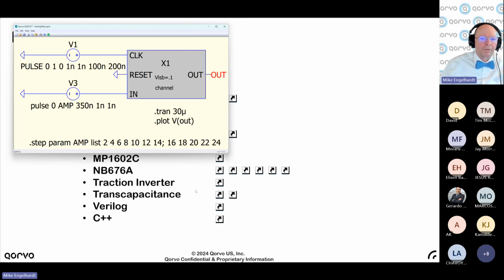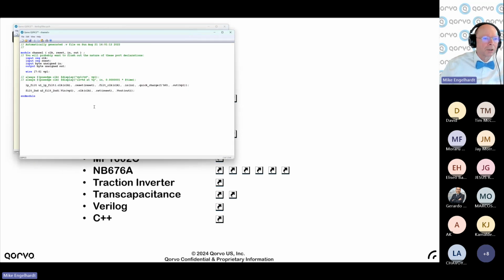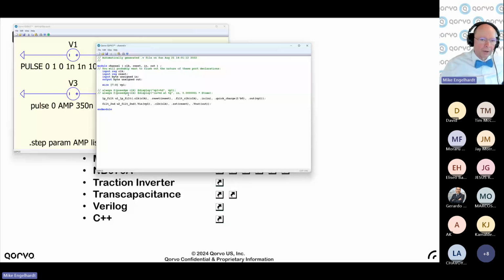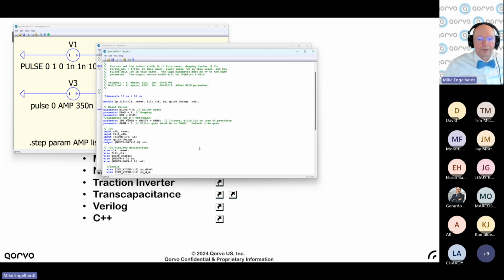Okay, here's an example of Verilog. This part is written in Verilog. Right-click, Verilog interface, open Verilog source. In Verilog, there's a little IDE. If you're going to be writing in Verilog or C++, you want a little integrated development environment so you can easily navigate your source code. In Verilog, there's a strong convention that if you have a module name, the module is actually defined in a file by that module name .v. So we can look at that module, point at it, right-click, open the file, and there's that module